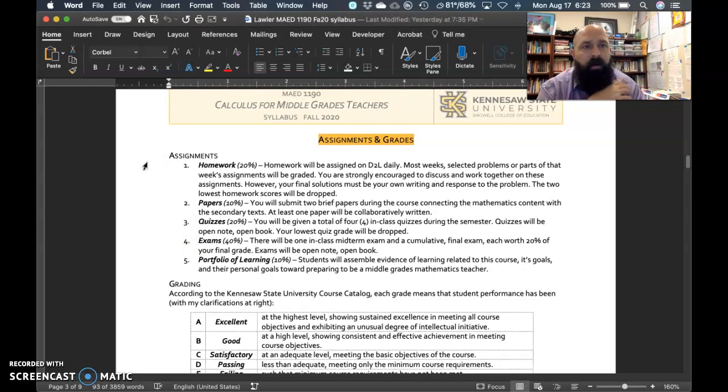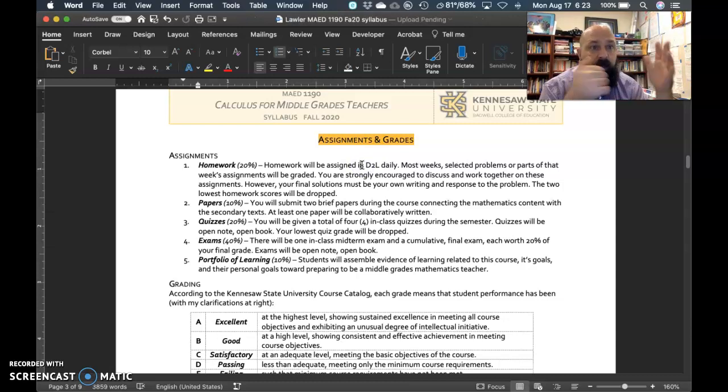Oops, I already noticed an error. I wrote homework will be assigned. Oh, no, it's correct. Homework will be assigned in D2L daily. Expect 2 to 3 hours of homework each session. I'm going to aim for 2 or a little bit less, but I'll be honest, I tend to be a bad aim. If it seems like it's becoming more than that 2 to 3 hour target,